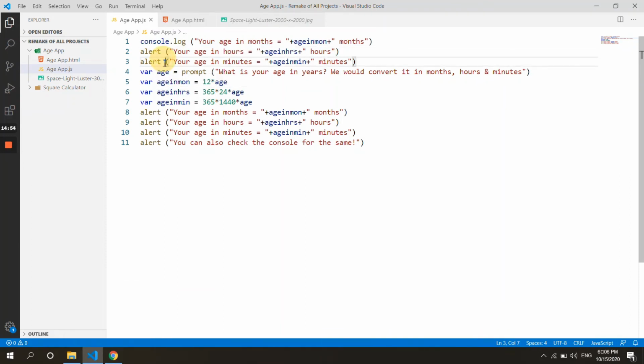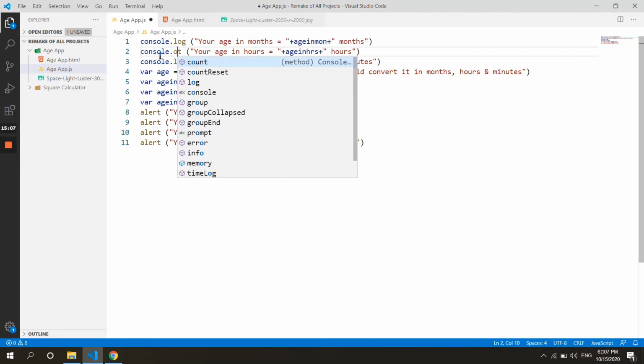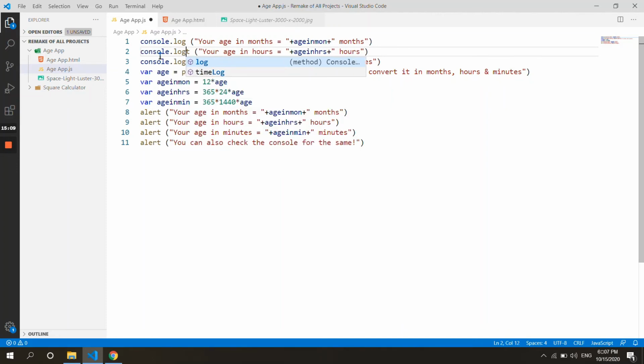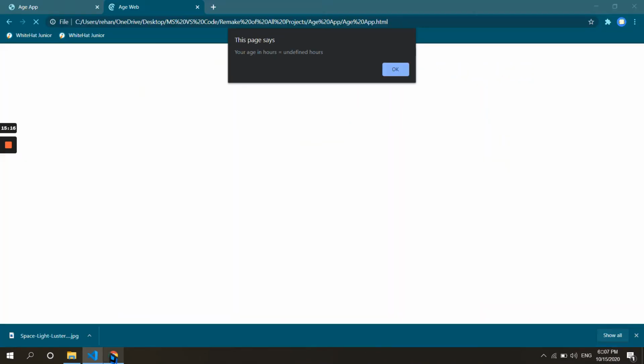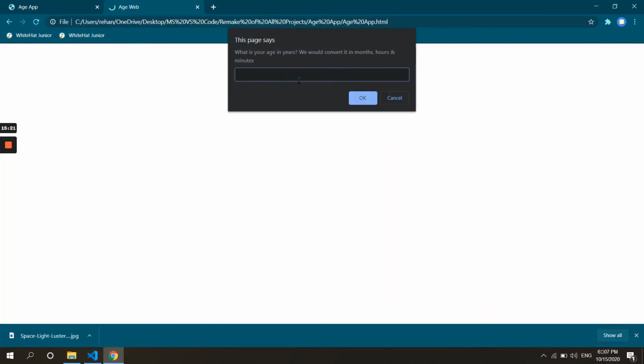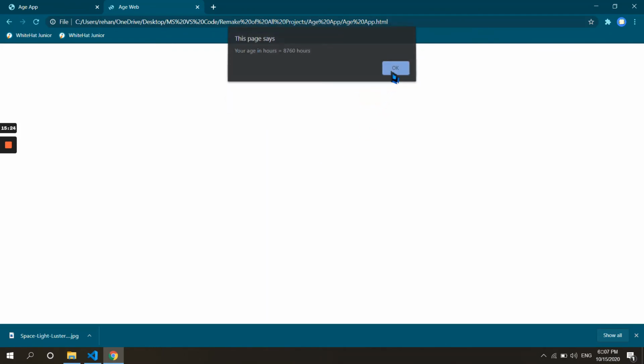I'm really sorry. I did not convert this into console.log. We want to just convert the alert or delete the alert and write console.log, so all the information is uploaded on console.log. And according to my information, you should write this console.log at the end, because we're declaring the variable later on. But let's see